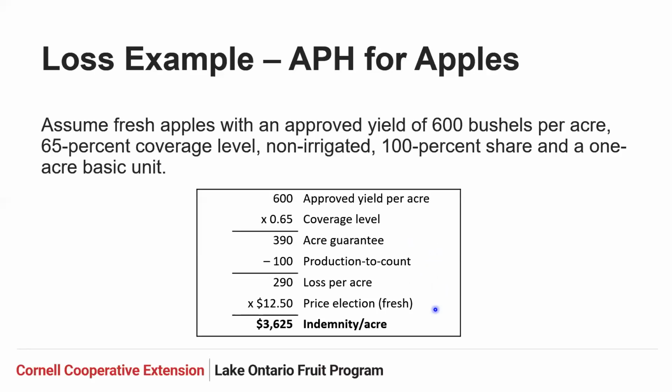Now moving on to the next line. Price selection. The price selection in this example is for fresh apples. This price selection pays $12.50 per bushel in crop year 2020. And the final line,